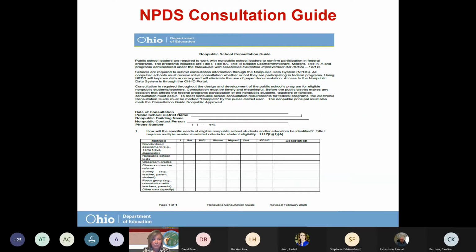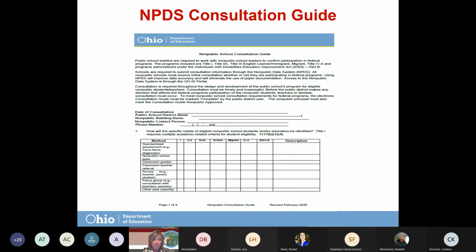Consultation guides should have been marked in progress during your initial consultations that are happening right now in FY22. Only public school users can start the consultation guide, so this is a public school responsibility. When your FY22 CCIP funding application is submitted to your consultant after July 1st, they would expect the consultation guides